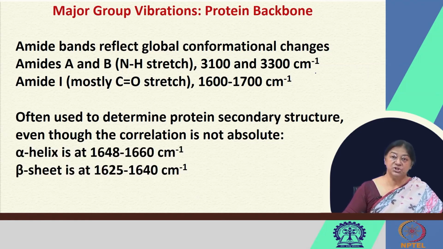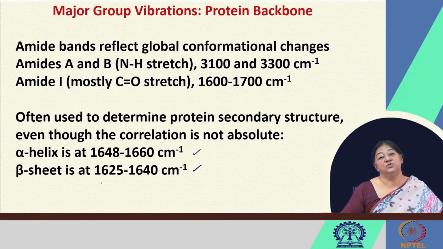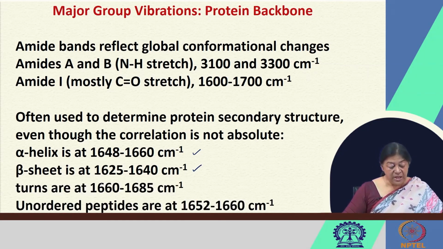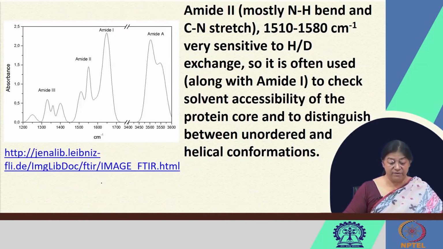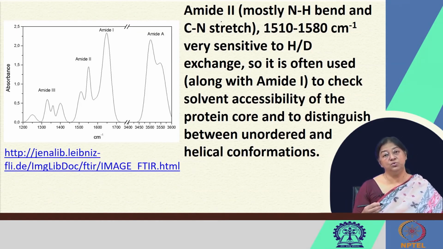So, even though the correlation is not absolute, we do have alpha helix interactions where we can see them ranging from 1660 to 1648 centimeter inverse, and for the beta sheet from 1640 to 1625 centimeter inverse. Now, we have turns and we have other unordered peptides. So, depending upon where their appearance is in our specific spectra, we can actually identify what kind of secondary structure we do have. For example, the amide 1 and the amide 2 are mostly